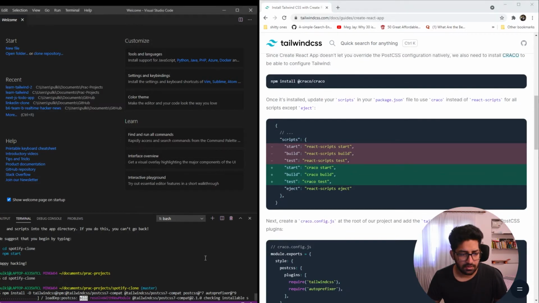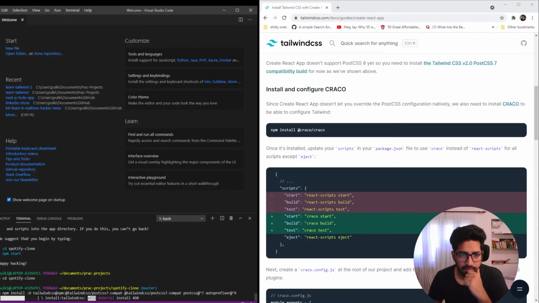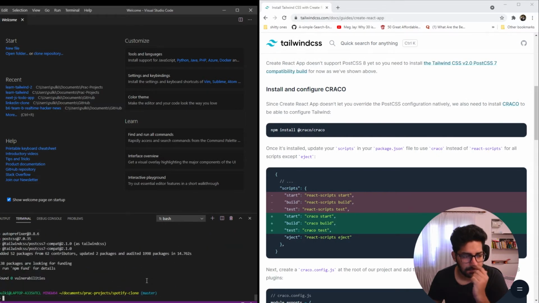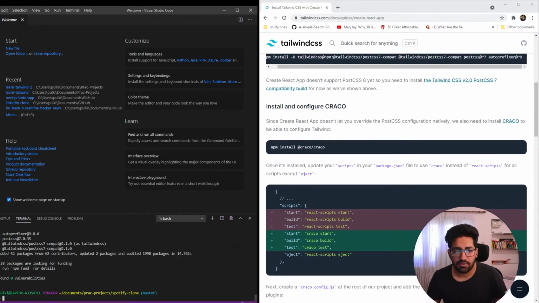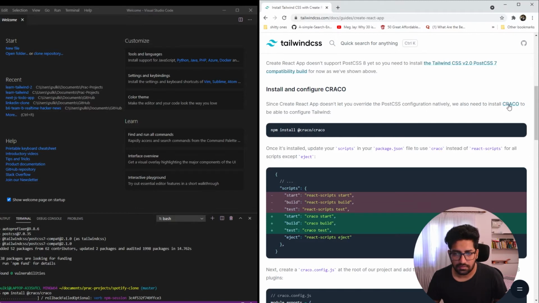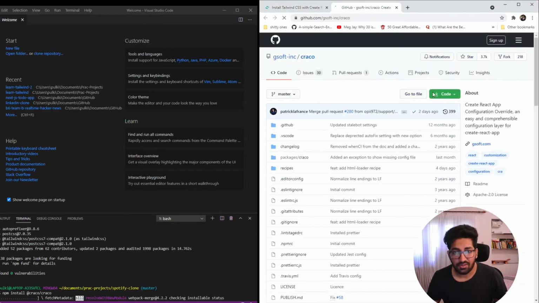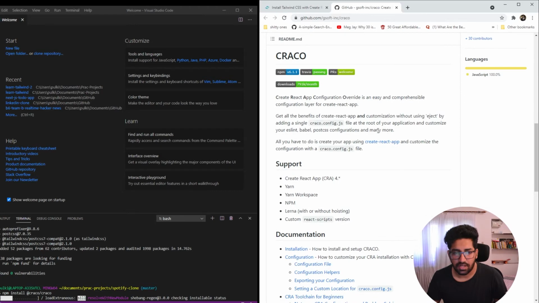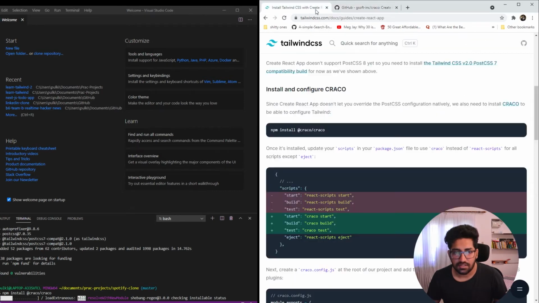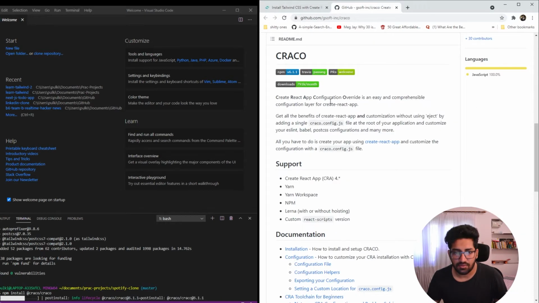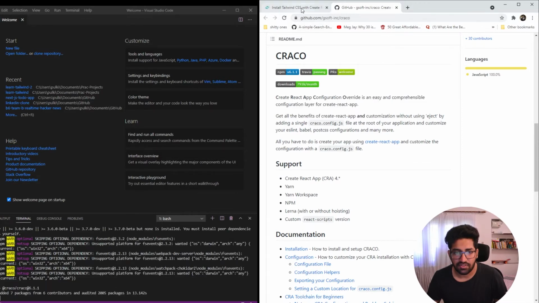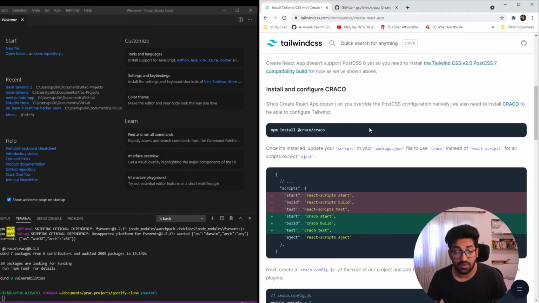Post that, we'll install CRACO. So once Tailwind is installed, we have to install CRACO. You can read more about CRACO over here. So what is it about and why is it being installed? It just provides a layer over Create React App configuration for Tailwind and PostCSS to work.